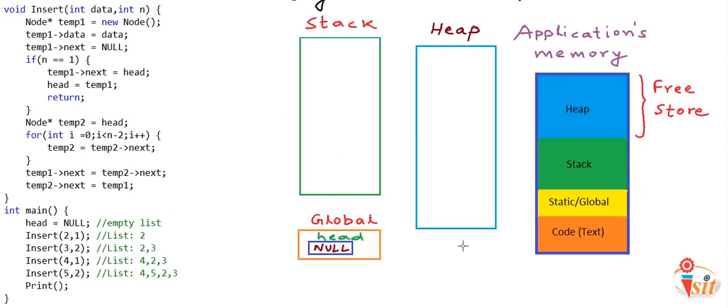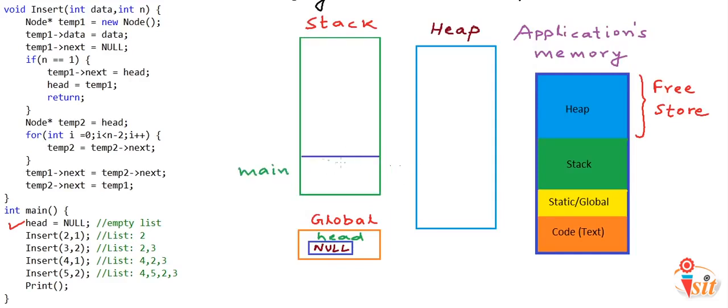Now I have this code. I'll run through this code and show you what's happening in the memory. When the program starts execution, initially the main method is invoked, some part of the memory from the stack is allocated for execution of a function. All the local variables and the state of execution of this function is saved in this particular section. We also call this stack frame of a function.